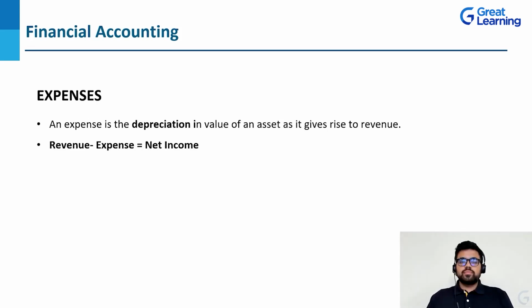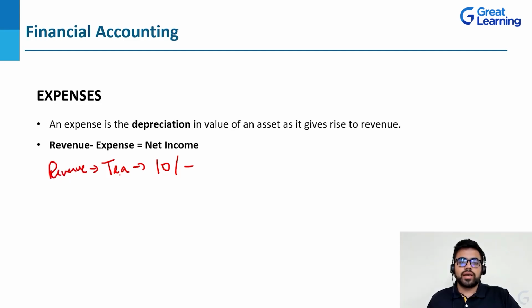Next is expense. Expense is the cost that is incurred in the development of a particular product or a service. Now, expense would not have any future benefits, right? Now, if we subtract an expense from the revenue, we get net income. Net income is basically whether the product is in profit or loss. Let's take an example. Let's say that you are selling tea that is of 10 rupees. Now, this 10 rupees is your revenue,